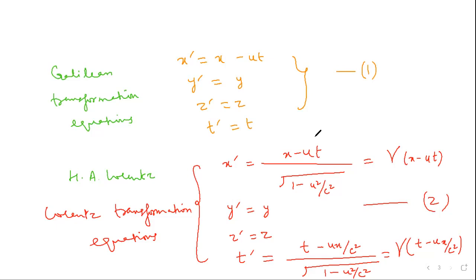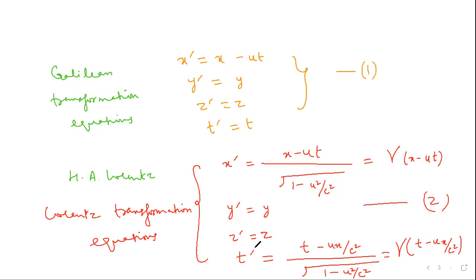Note that an object located initially at the origin according to S, that is x equal to 0 at t equal to 0, is also initially located at the origin according to S prime, that is x prime is 0 and t prime is 0. So if you put x and t equal to 0, you will get x prime equal to 0 and t prime equal to 0,